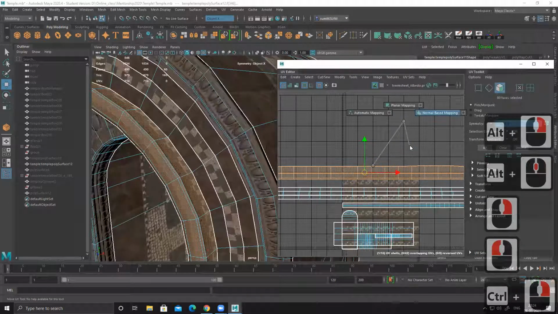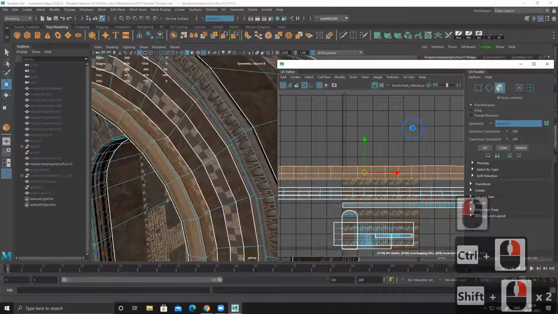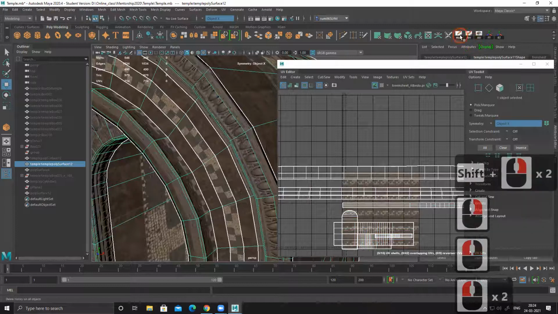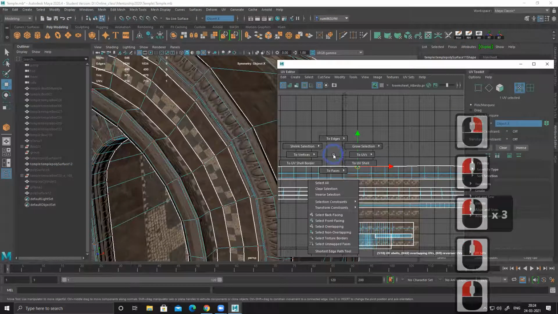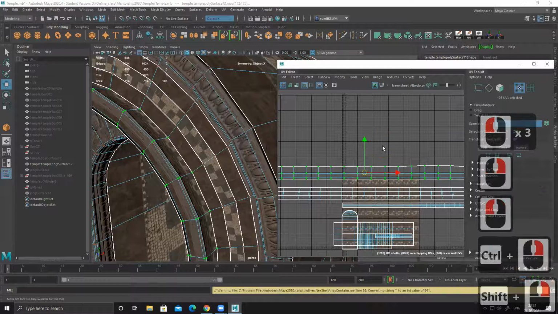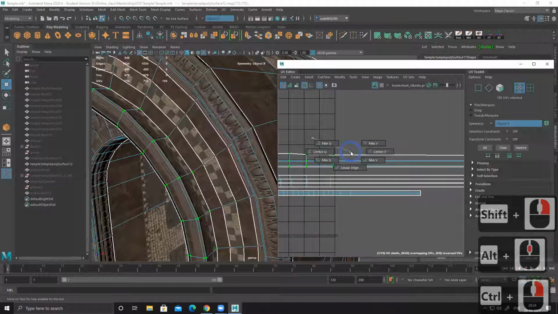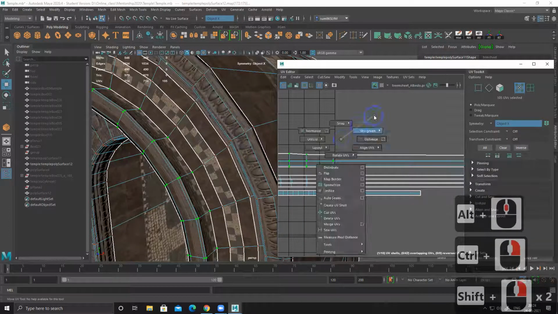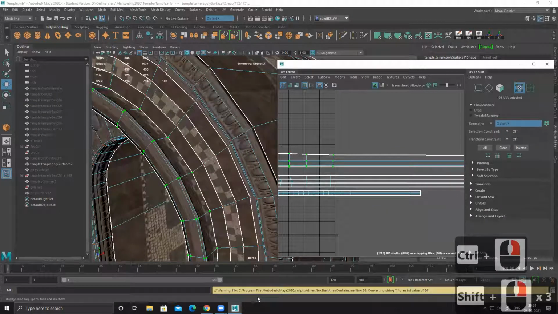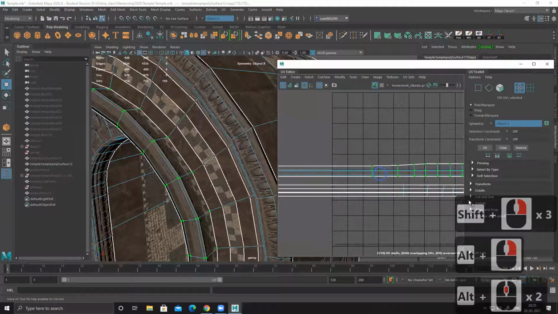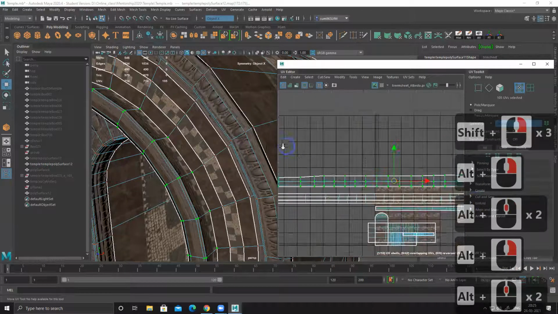UV shell, straighten everything. See, what error is it showing? Everything is straight except this top line.